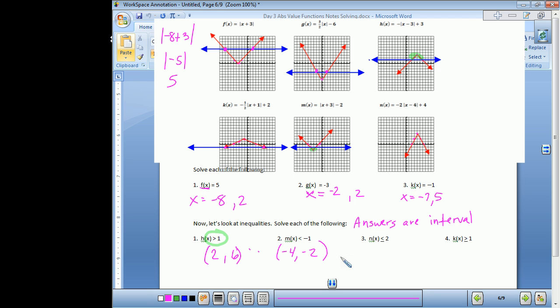Okay. The next one is function n. Where is it less than or equal to 2? So we're going to come here. Now, this one, less than or equal to, is this side and that side. So it's not a single interval. It's 2 intervals. So when I have 2 intervals, what has to go in between? The union. Good. So from -infinity to what is this x value? 3. And then again from this x value to,